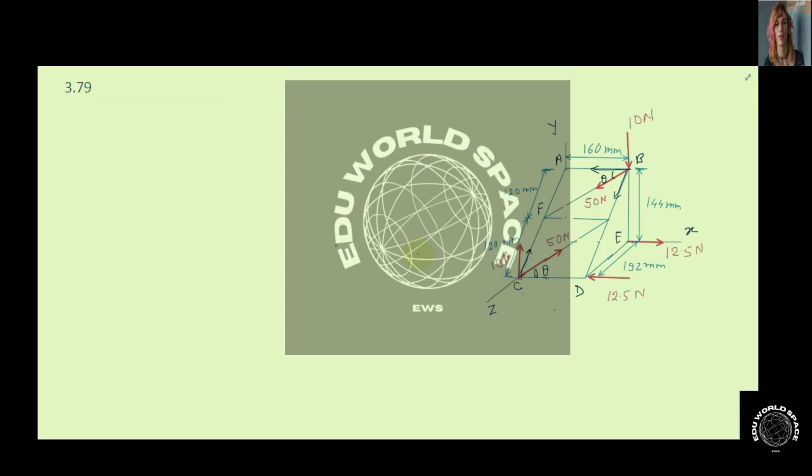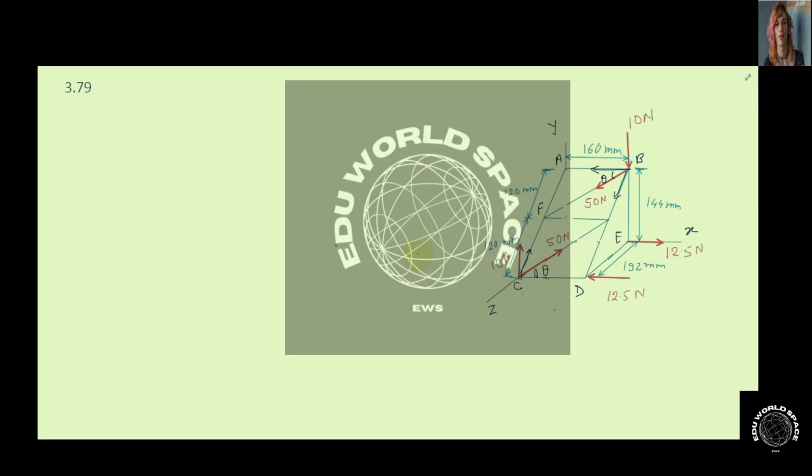So for vector calculation, we need two things: one, magnitude, and two, direction. Magnitude of each couple is already mentioned in the problem, but direction is not directly given. So we have to calculate directions. First of all, let's say that the couple due to this 50 Newton force is M1. So we can get the couple value by resolving these